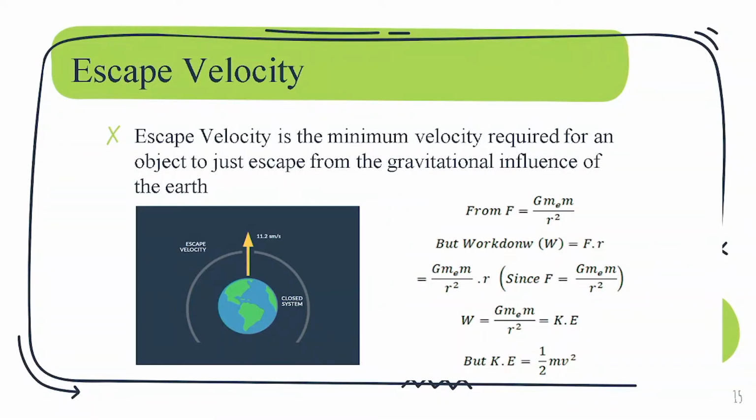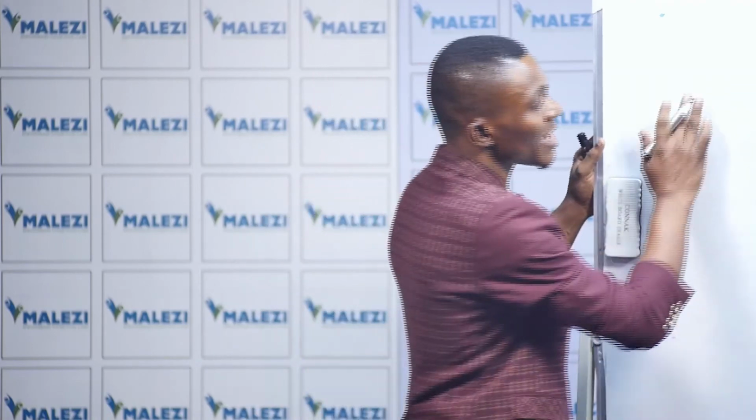So they are launched at a value of velocity which is equal to the escape velocity. If they are launched at this value, we are going to see that they are going to escape the influence of the gravitational force of the Earth. So our main focus today is to calculate that velocity. But first, we must learn to derive the relationship between the velocity and the other parameters we've mentioned earlier. So we can do that from